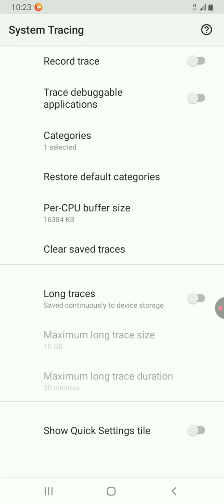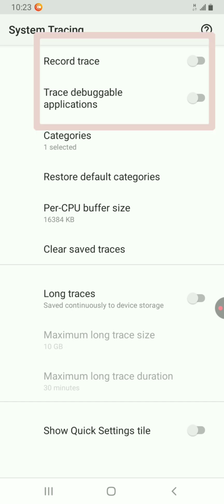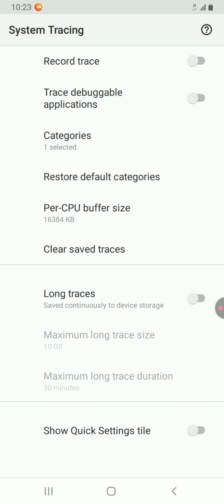System tracing. You see these two options right at the top where it says record trace and trace debuggable applications. These two options must be turned off. You must turn these two options off, and then open categories right at the bottom here, still in system tracing. Open categories,